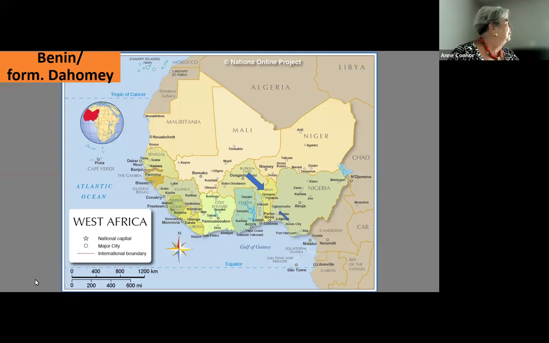Go on. Okay, so Benin, as you can see, is just a little sliver of the country. The Benin city is there. So this used to be Benin, was a much larger place. Benin city had a beautiful royal palace, but unfortunately,